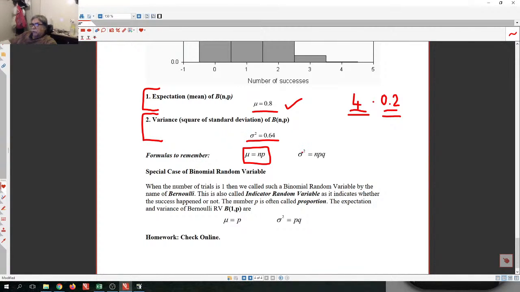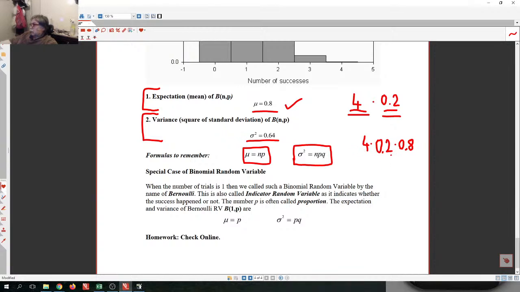Okay, what's the formula for variance? Again, that can also be shown, and I am not going to show that either, but I'm going to show you the formula. The variance is npq. It's that simple. So the expectation is np, the variance is npq. If you calculate the expectation, you just simply multiply that one more time by q, and you're done. So npq in our case would be 4 times p times q. p is 20%, so q is the complementary probability. Probability of failure is 80%. All right? When you multiply this, you get